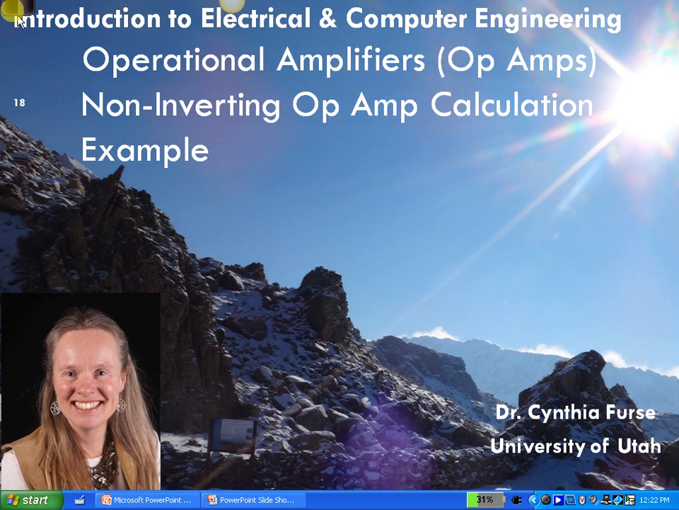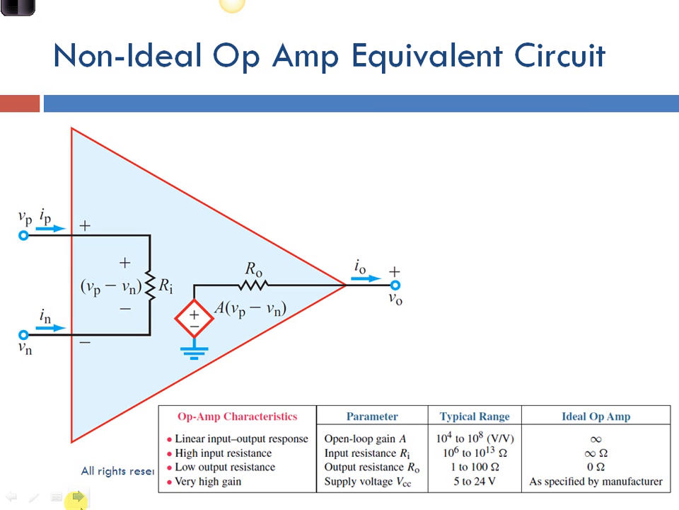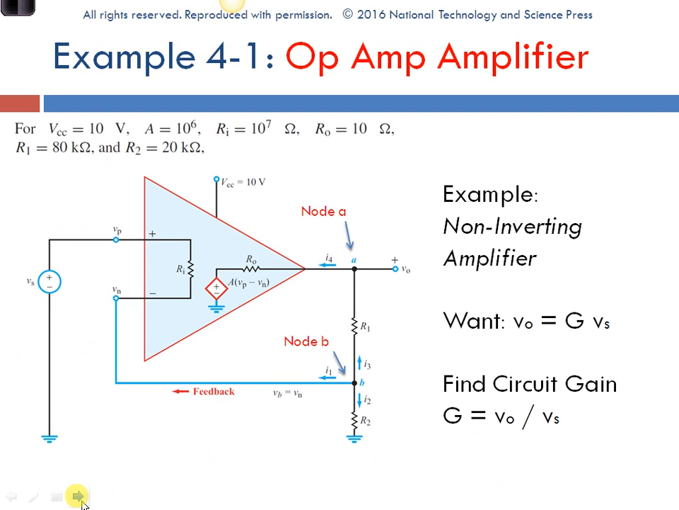Now let's do an example with our non-inverting operational amplifier. So here comes an example. Let's start with our non-ideal model. This is the non-ideal model, and let's connect it up in the non-inverting amplifier case that I showed you. So we want to define our gain this way. We want to find the circuit gain of this amplifier circuit, and the gain is defined as the output divided